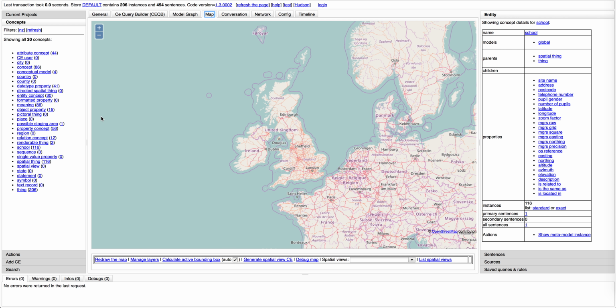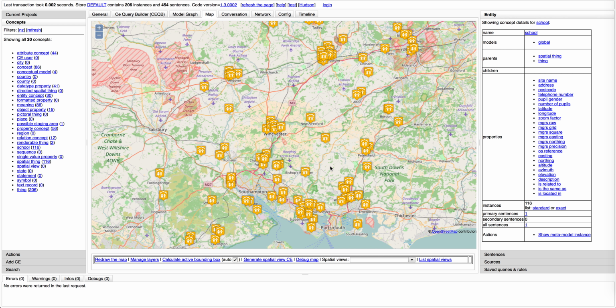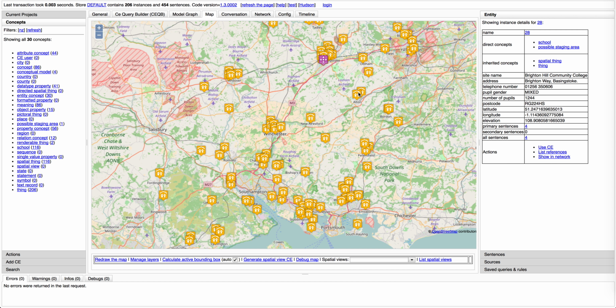We can visualize all this information in the CE map. So first we drag on our schools, and this shows us the distribution of schools that we're considering. And if we now drag the possible staging area concept on, we find that this is the staging area